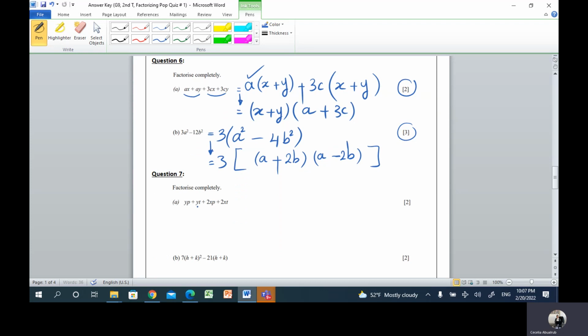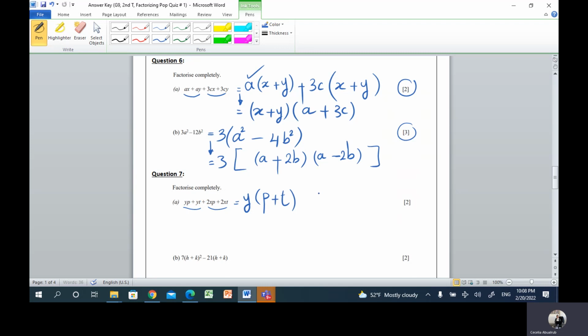We have 1, 2, 3, 4 terms. So we're going to take the first 2 and the last 2. So yp plus yt, y is going to come out as a common factor, and p is the first term inside the bracket because y times p is yp, plus t is the second term inside the bracket because y times t is going to give us back yt,